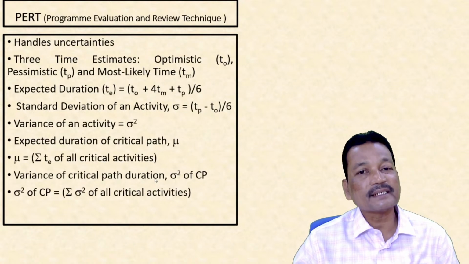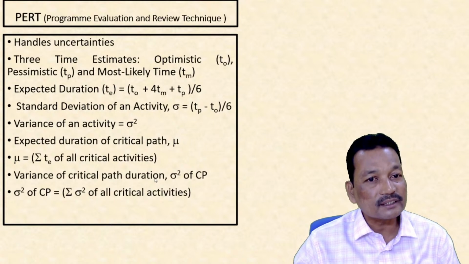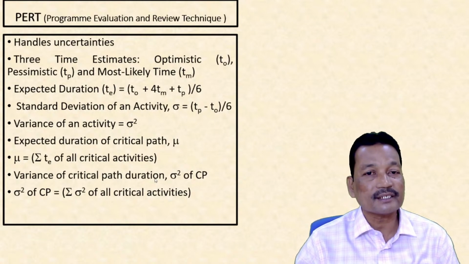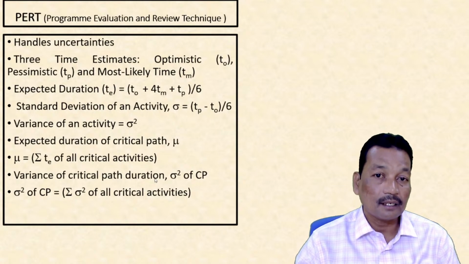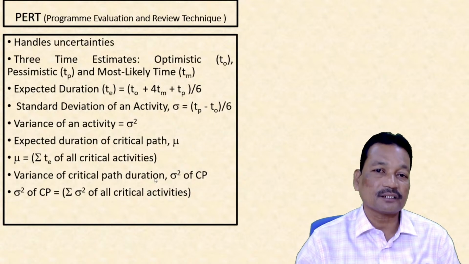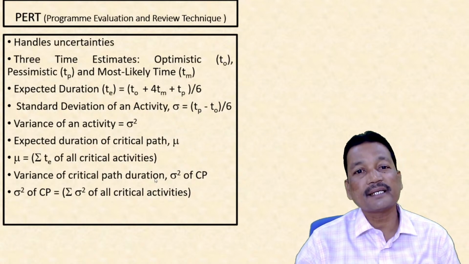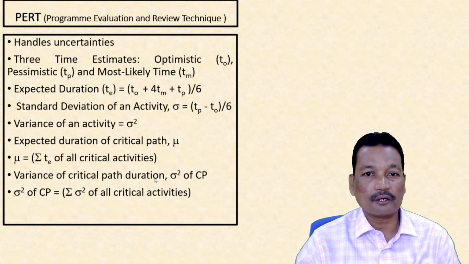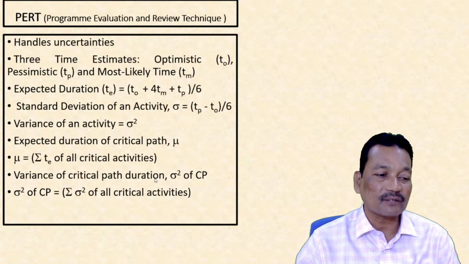Now up till now we have seen a technique called the critical path method, which used a single time duration, and it was called a deterministic model because it had a single time estimate. However, we know that a project is exposed to future uncertainties. We do not know whether we can complete the activity in a given time duration or not. So what happens in the future? We have three kinds of time estimates: